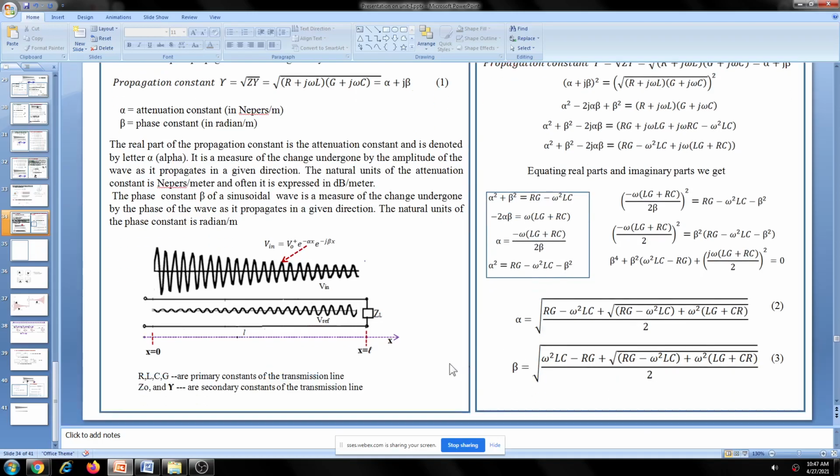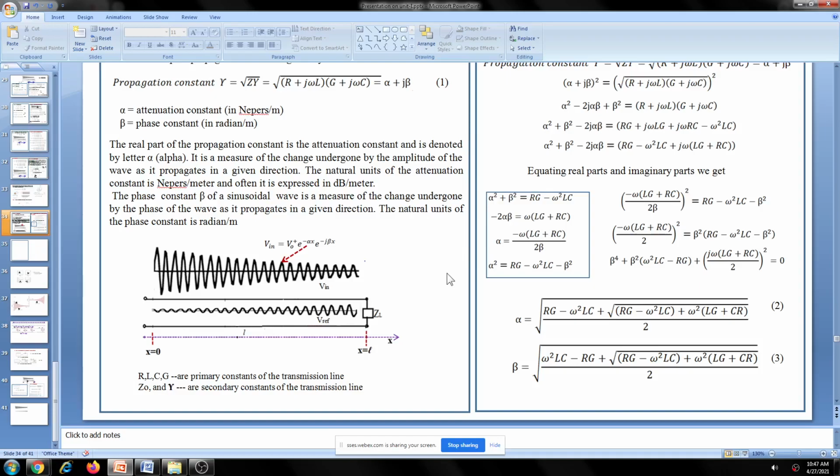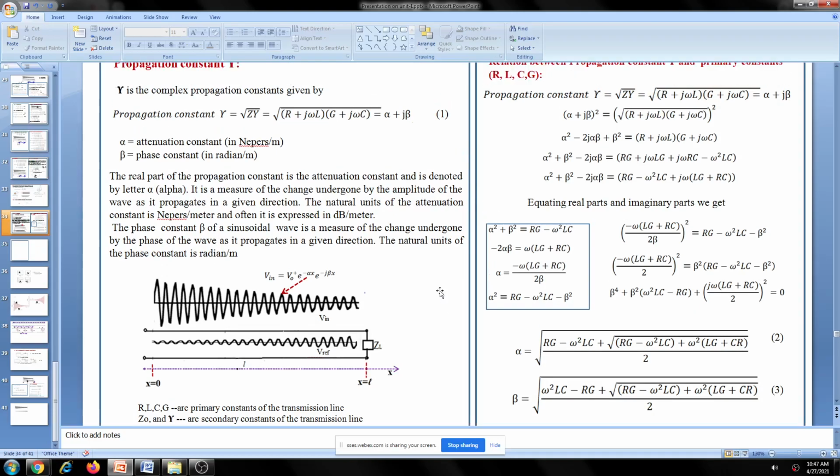That's why we are stressing this content now, because every application nowadays is pushing to the higher frequency range, in the order of 50 gigahertz, 100 gigahertz, to increase the bandwidth. As the frequency increases, these are all the problems: amplitude variation is a problem, phase variation is also a problem, characteristic impedance is also a problem. So that's why we are studying the effect of all these in depth in this course.